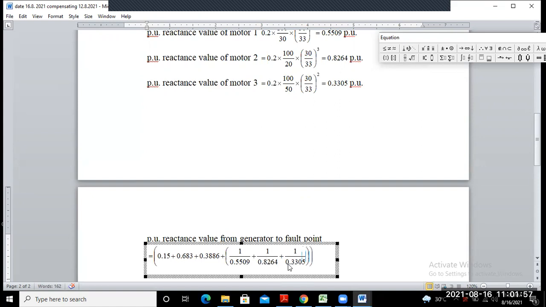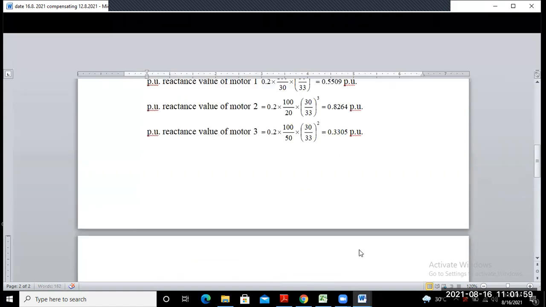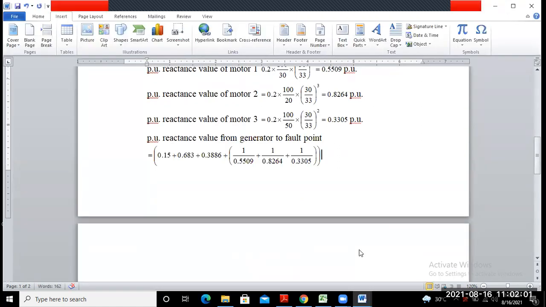Just solve this equation, and you will get the per unit reactance from generator to fault point. Then divide the voltage by this value, and you will get the fault current. Okay, and similarly you will find the short circuit MVA. Okay, so we stop here. We will practice